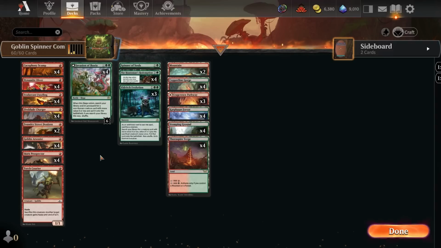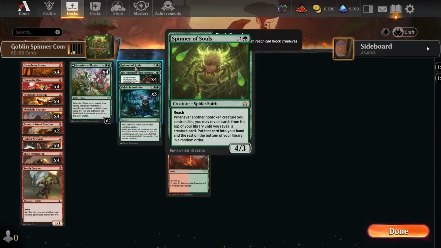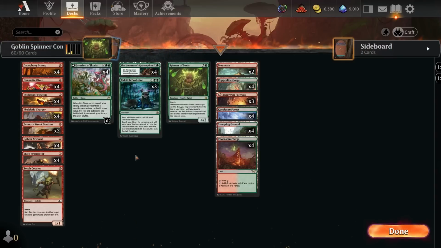But today we are back on the combo track, and we got not a new combo, but a combo I have played once before on this channel, but we got a new upgrade to it, which I think actually makes the deck quite better. A big improvement with actually the Dynamite Diver. I know this sounds weird, but having an additional 1 mana goblin that when you sacrifice it does 1 damage to any target, it makes this combo of the Spinner of Souls here, which is the key card here, and